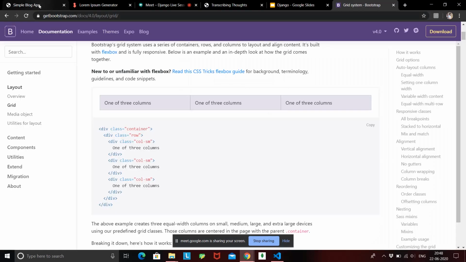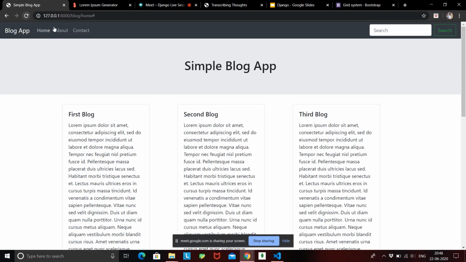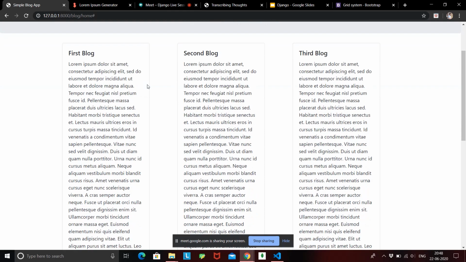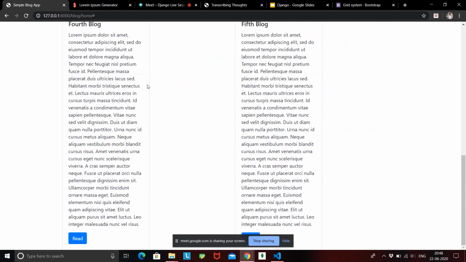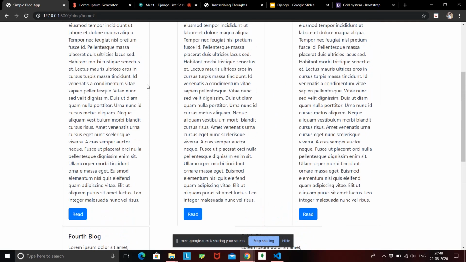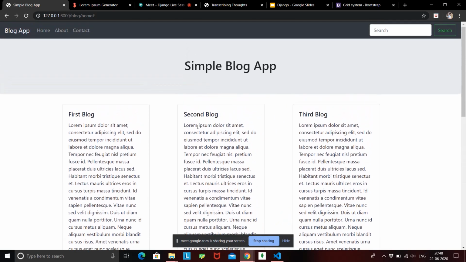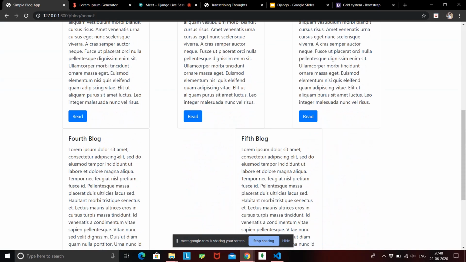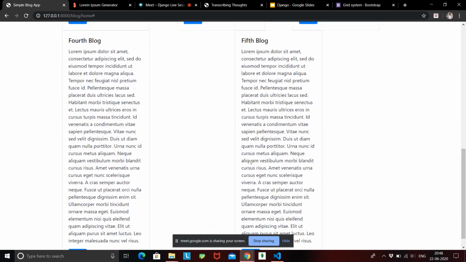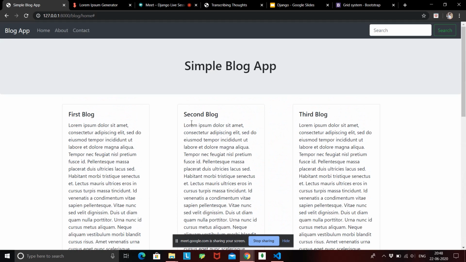If I save this and go to my page again, you can see our front page is now divided into columns. This is the first block, second block, third block, fourth block, fifth block. So this is how you can create a grid system inside your front page.